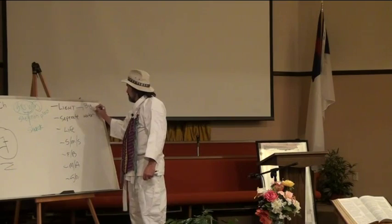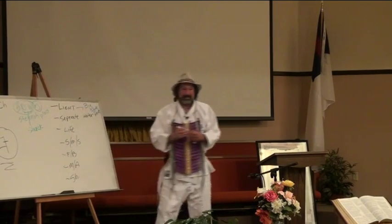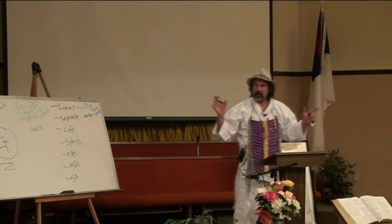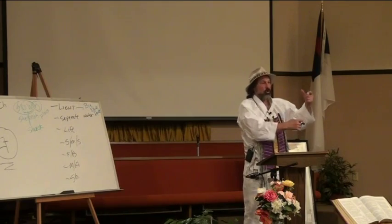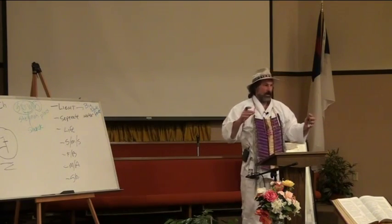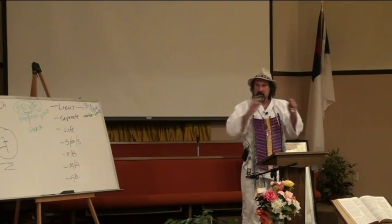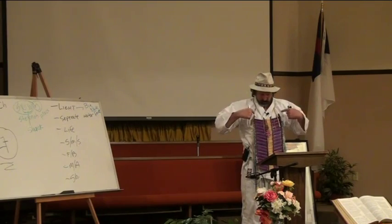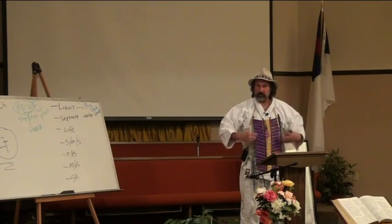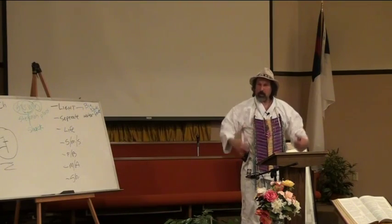So here's the big white fence. Now on that fence, it was pure white linen, and the book of Exodus talks about it. You can see it had certain poles and stakes and types of metal, but it had one door, an embroidered door. I believe that was about 50 feet wide, and it said it was blue, purple, and red embroidery. So here this breastplate, this is like a Native American bone breastplate, on the big white linen fence,